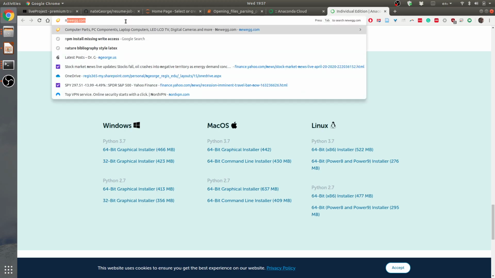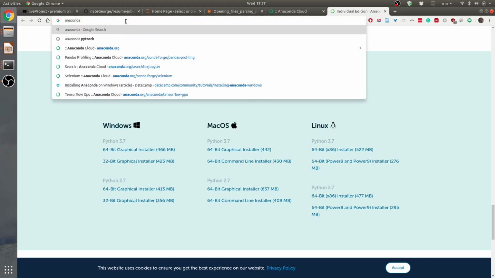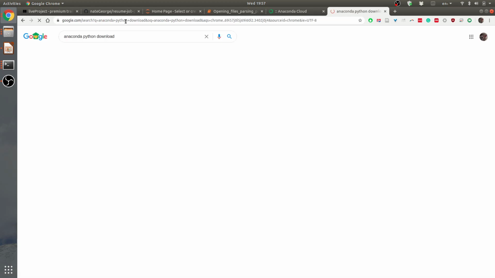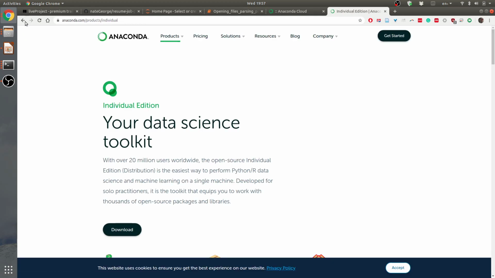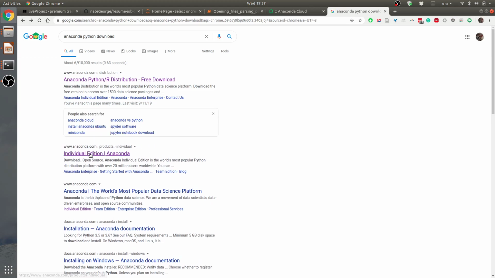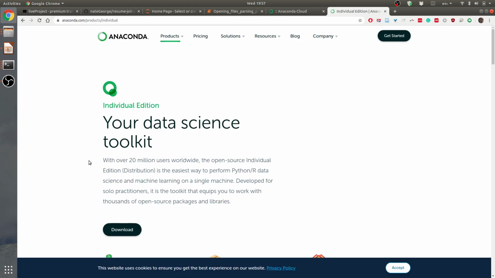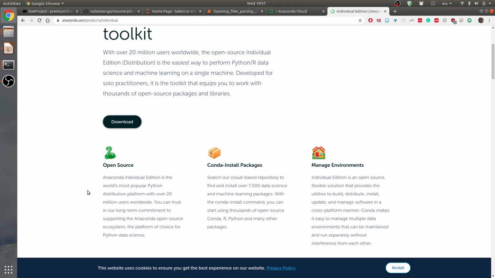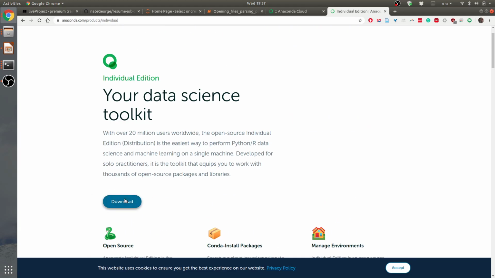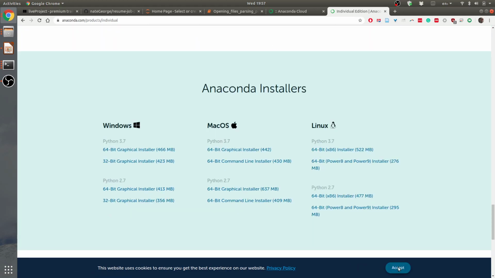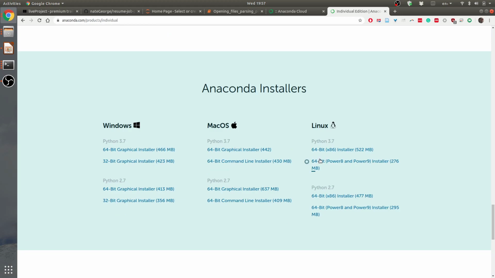I believe if you look for Anaconda Python download, it also will take you to, maybe they changed things a little bit since then. This is a pretty recent change. It used to auto-detect your operating system. So anyway, you have to choose your operating system, install it, go with Python 3.7. Once that's installed,